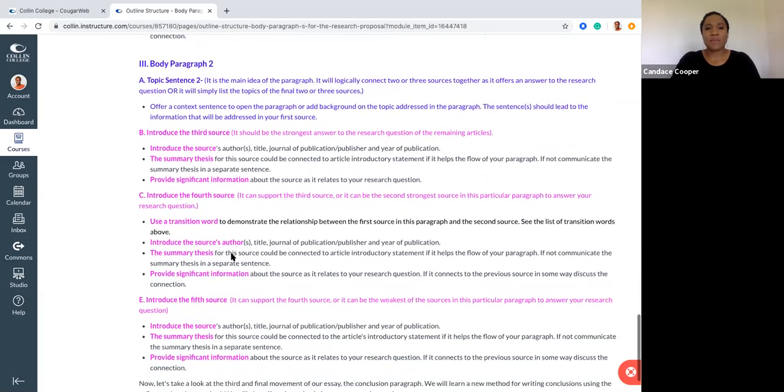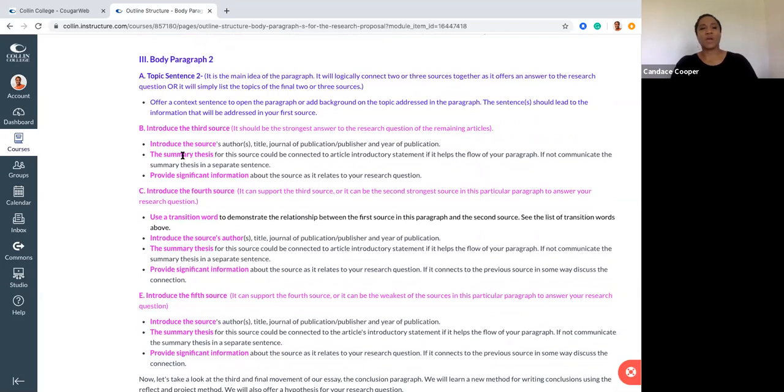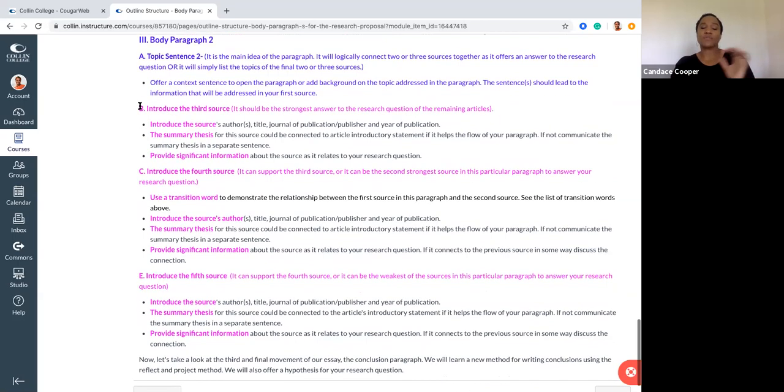For the second body paragraph, keep in mind you'll have the choice to, again, create a paragraph that has sources that have something in common with each other. Or in the second body paragraph, you may find that you have three sources that are on your topic, but they're not necessarily connected thematically. So you can just list them and say,